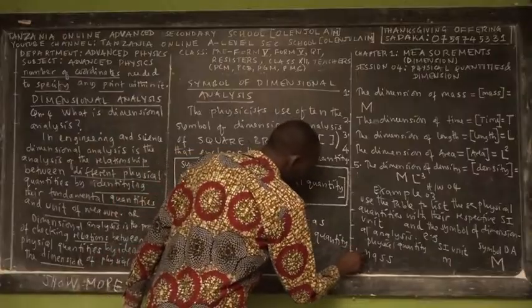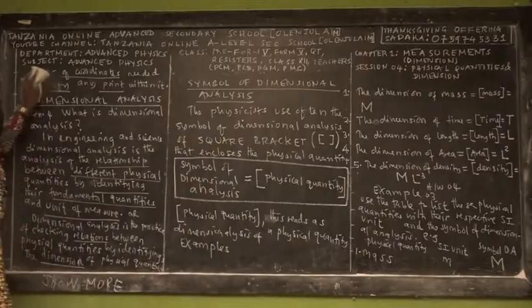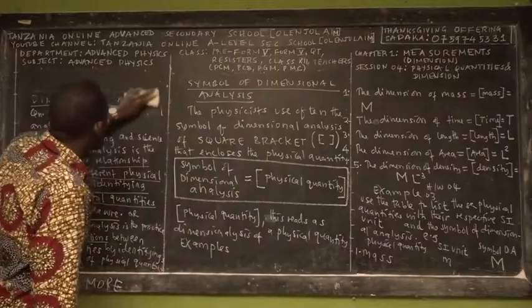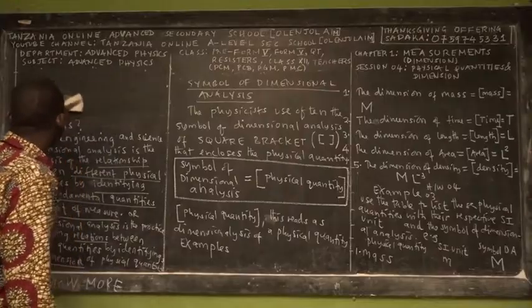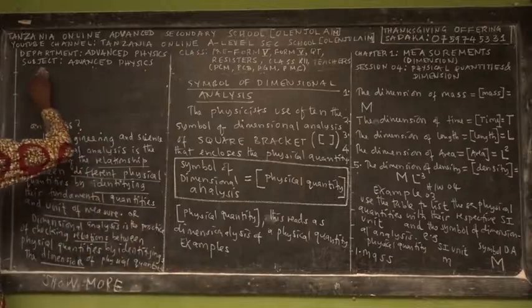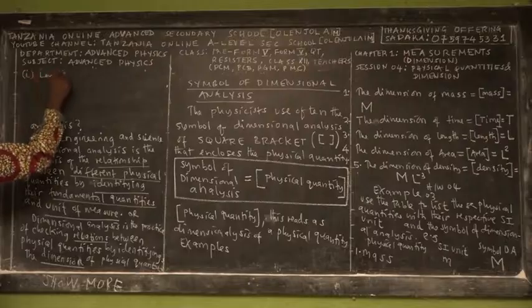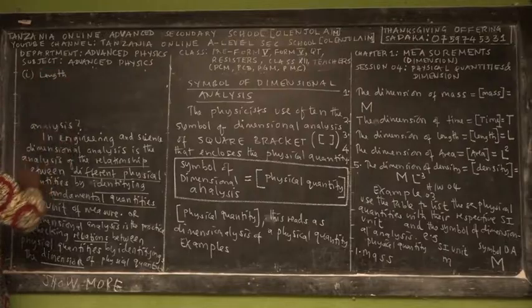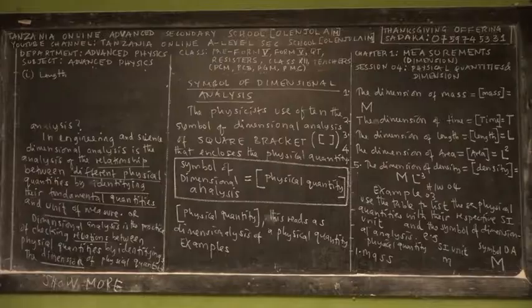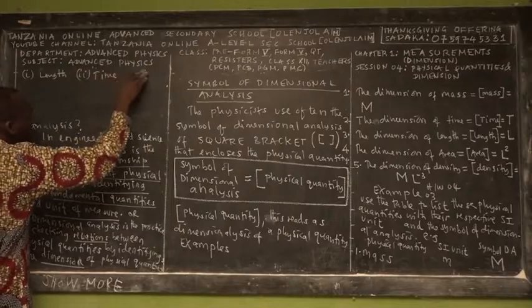So I did that example for you, and then you have to use the given example to list the following physical quantities. The second one's length. So you have to remember the SI unit of length, the symbol of SI unit of length, and the symbol of the dimension analysis of length. Then time, and then temperature,